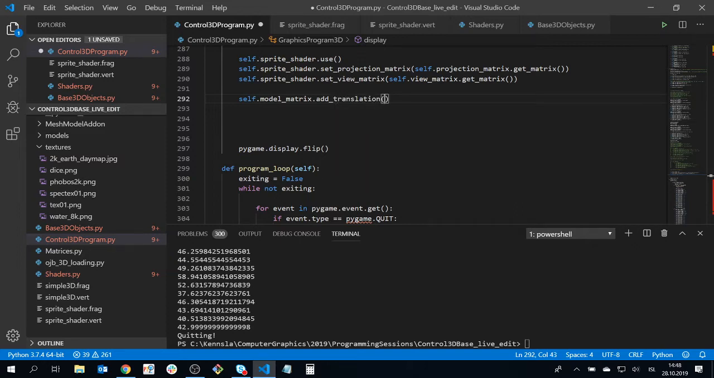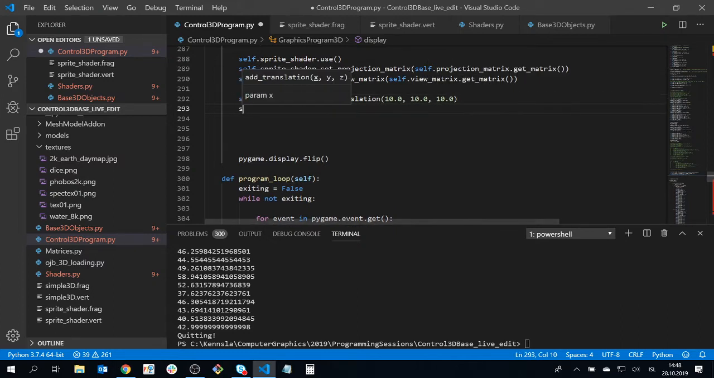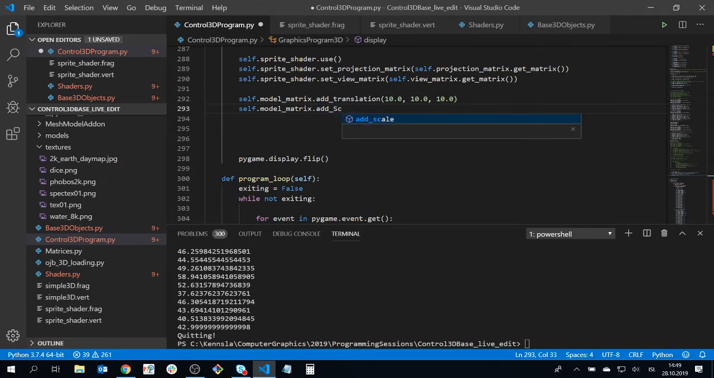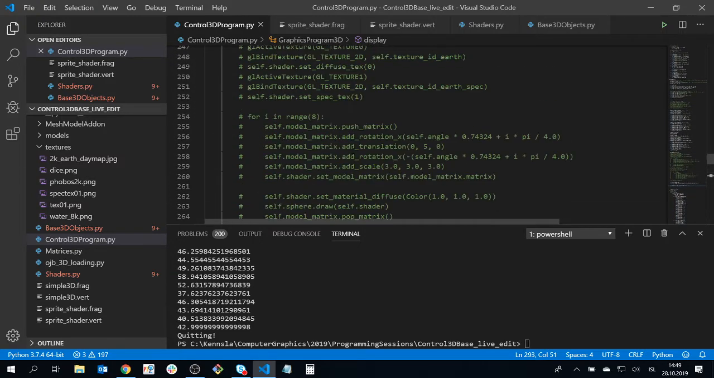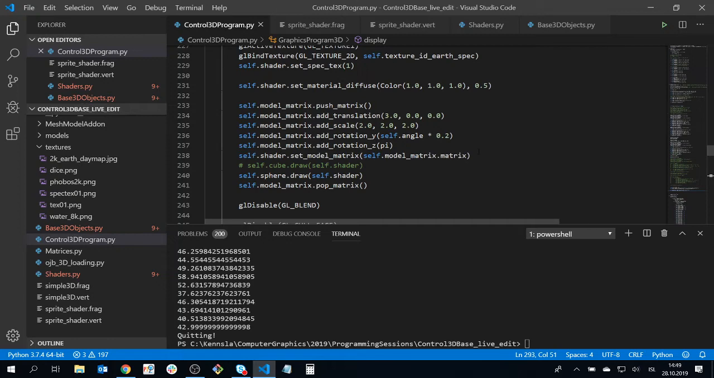just translation to, I don't know where to put this. Let's say something like this to begin with and see where it ends up. Model matrix dot add scale. Let's make sure it's big enough. 3, 3, 3. Then we have shader.setModelMatrix,